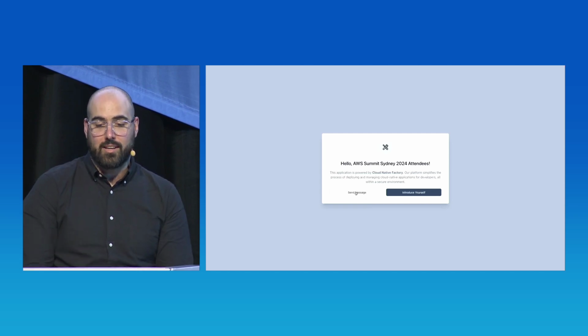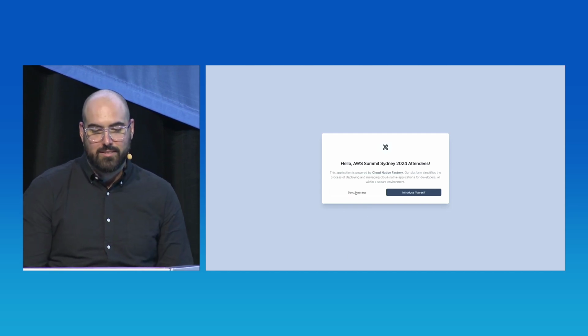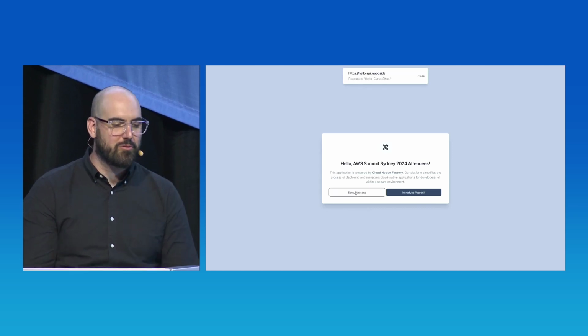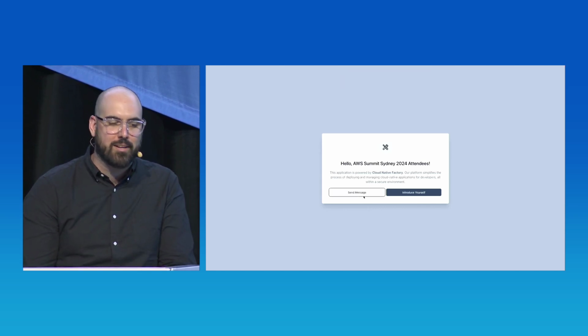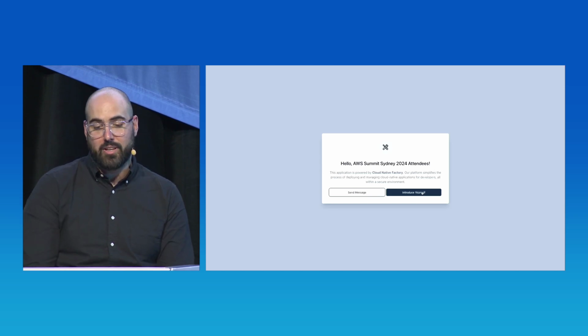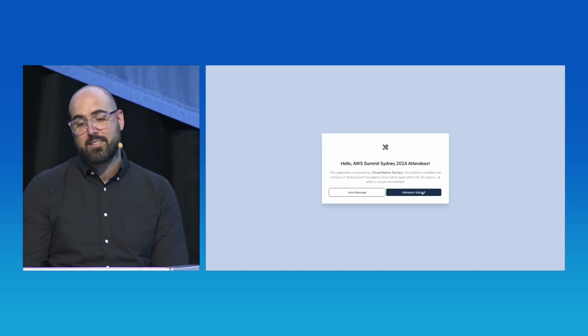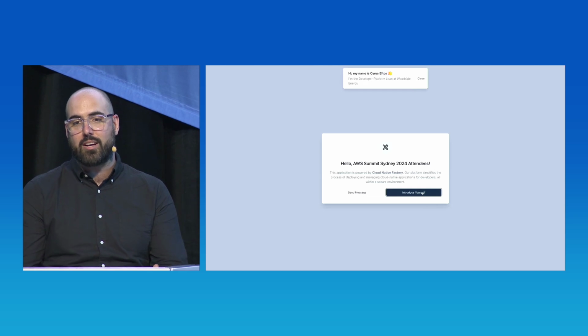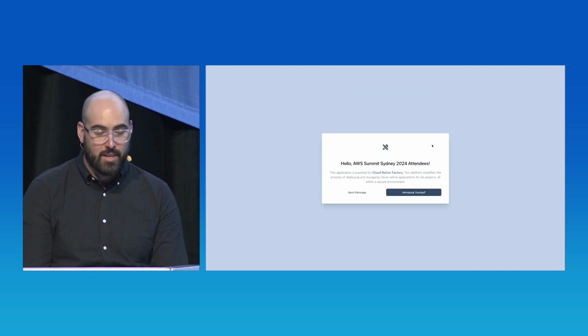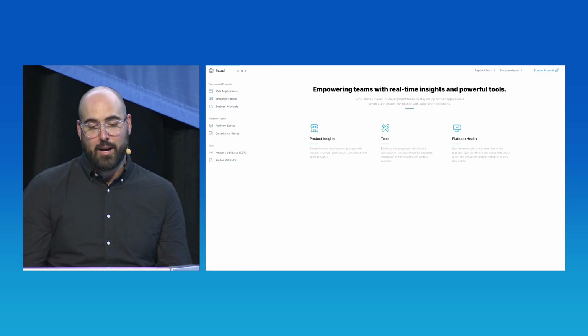Let's test some functionality, starting with the send message button. It interacts with an internal API that responds with a simple message from hello.api.woodside. Now let's have a look at the introduce yourself button. This sends a simple request to our identity provider, which retrieves all of the information about the current authenticated user. At this point, we're pretty happy with our application.